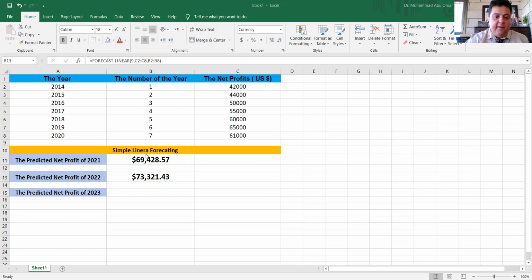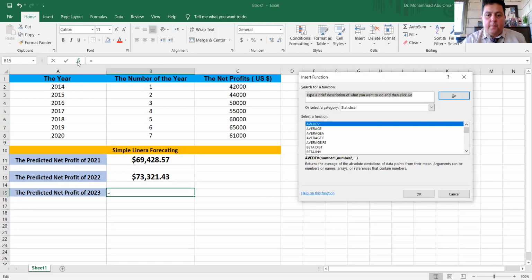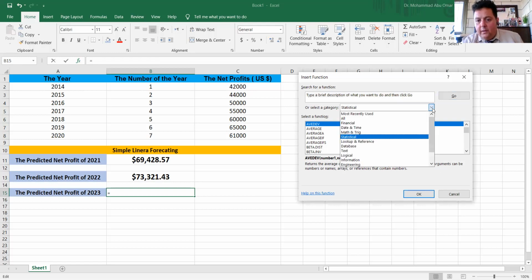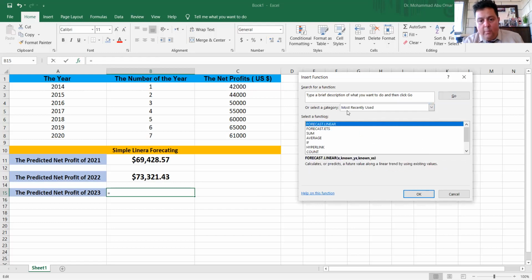Let us see. Firstly, you should select the correct location of the cell. Now go directly to the f of x bar to go to the library of the functions. Now select the suitable category, or if this category is used directly, you can go to the most recently used, and you can find statistical in this menu. Look, in most recently used, you can use forecast.linear, or you can type the function directly,